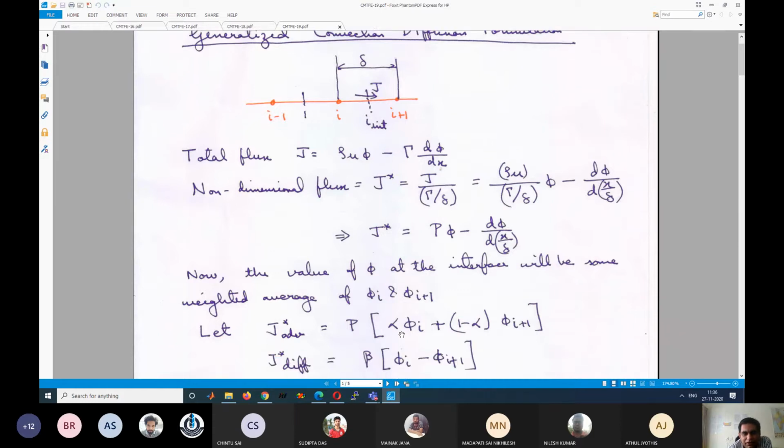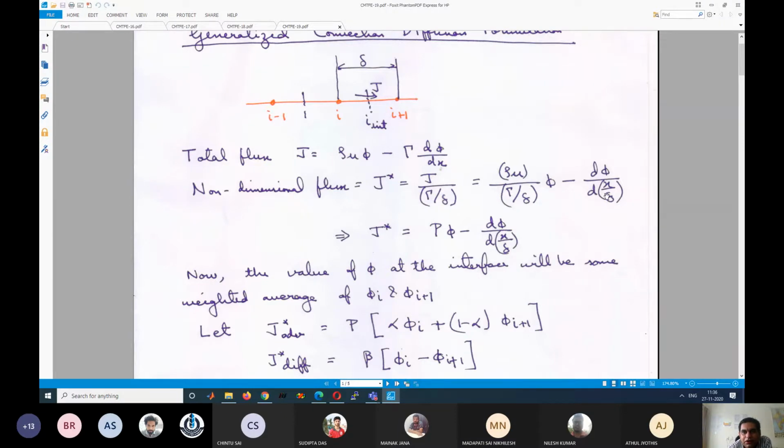But the ultimate thing that you see for this term, I will come to the other term, is that whatever is the case, you can always write it in terms of some alpha and 1 minus alpha. It means the interface value is interpolated in terms of the neighboring grid point values, whatever the scheme. For the central difference scheme the value of alpha is different, for upwind it is different, for the hybrid scheme it is different, but it is always a function of these two neighboring grid points. Up to this point, is it clear? Yes, sir. Okay, good.